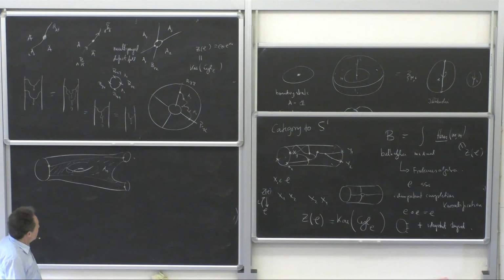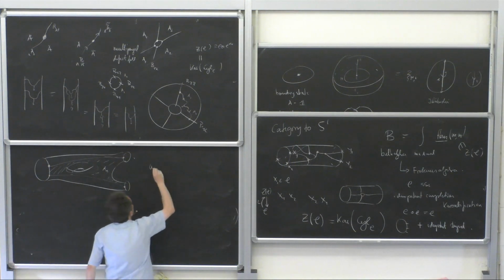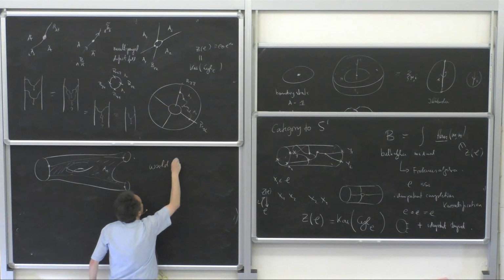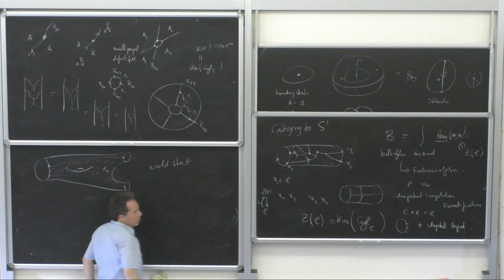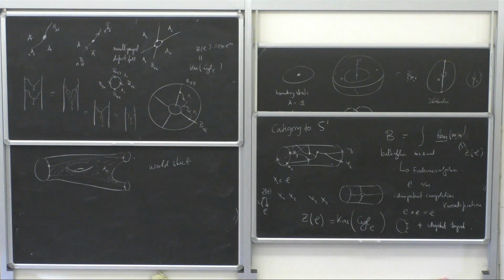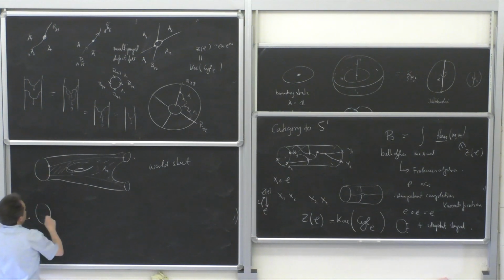And now I want to get, so this is essentially the decoration of a worldsheet. And worldsheet is for me, independently of string theory or whatever, the type of geometry I need to define CFT correlators. Good. So now from this I get a stringnet as follows. I take the same geometry